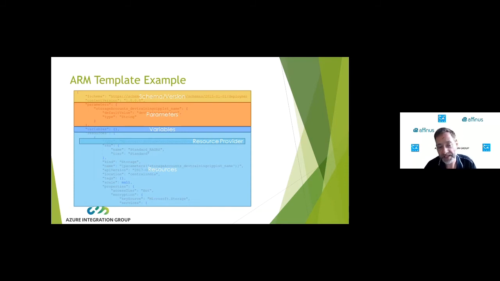The reason I wanted to talk about this is that when we look at what a logic app looks like, a logic app is made up of a collection of one trigger and multiple actions. So they all sit inside an ARM template. If you export a logic app from the portal today, you get an ARM template. And